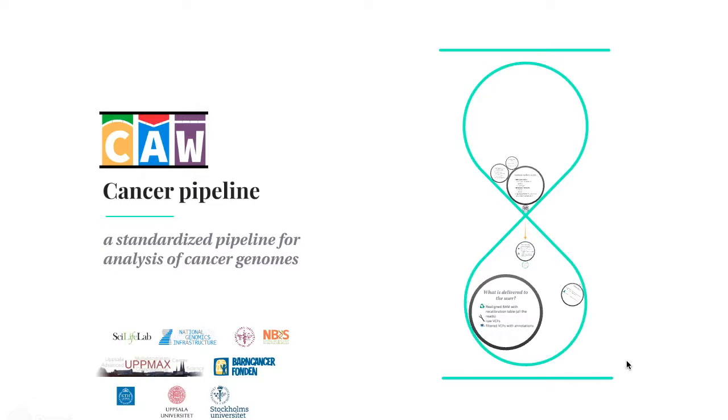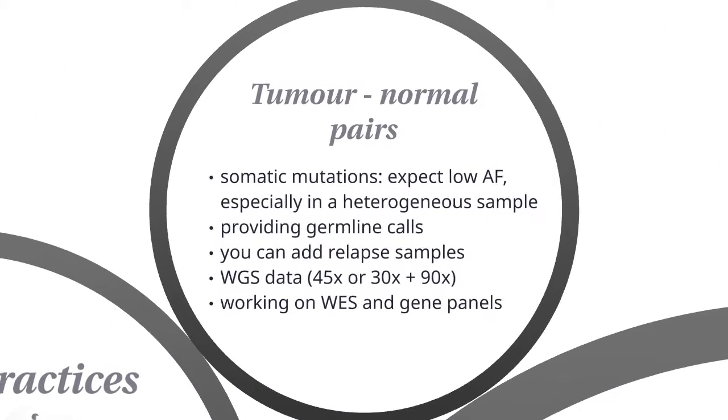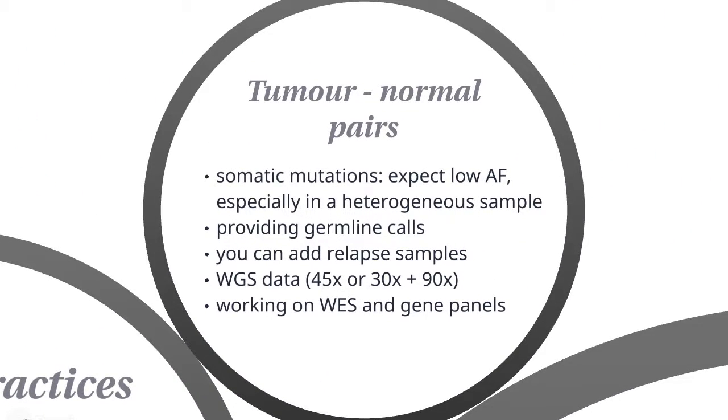It is following practically the library preparation that is usually done for whole genome sequences at NGI, and it is specialized for tumor normal pairs, so that we are not doing tumor-only cancer samples, and we are looking for somatic mutations, expecting low allele frequencies in a heterogeneous sample, and we are also providing variant calls for germline variants,